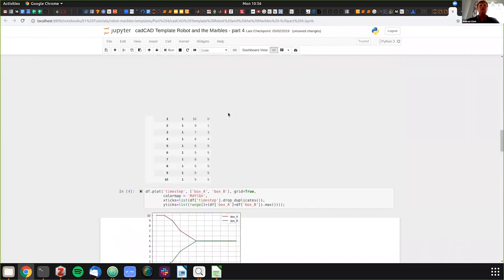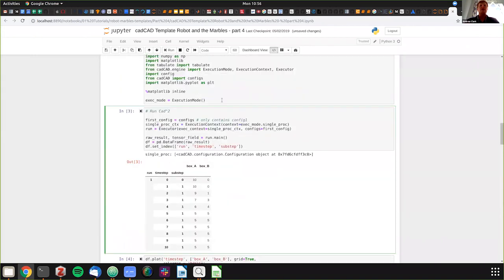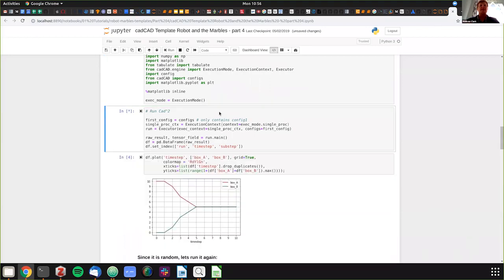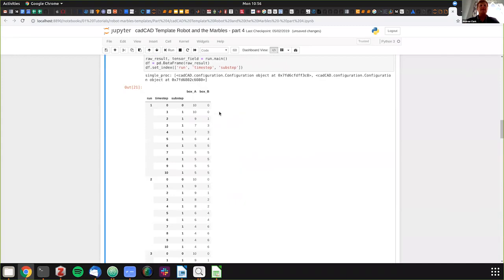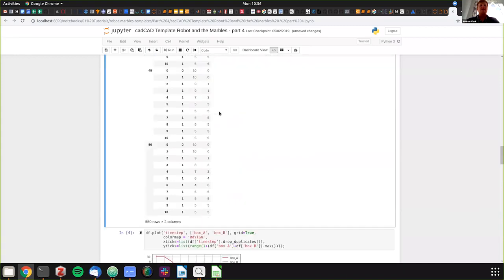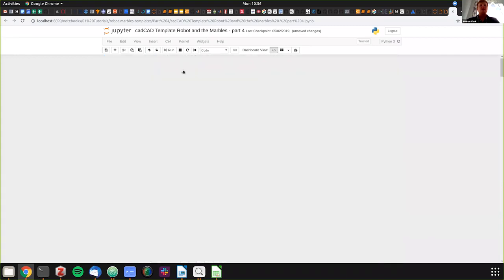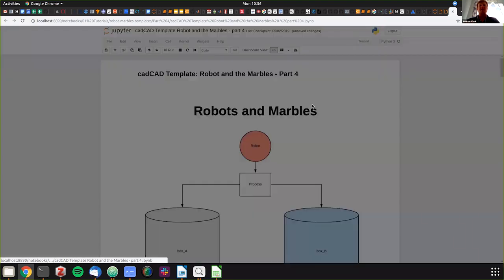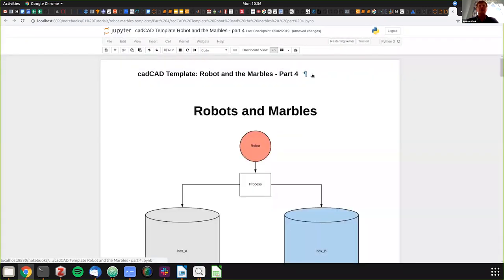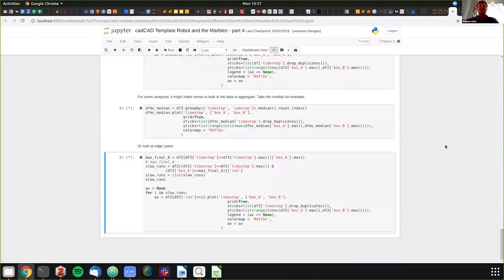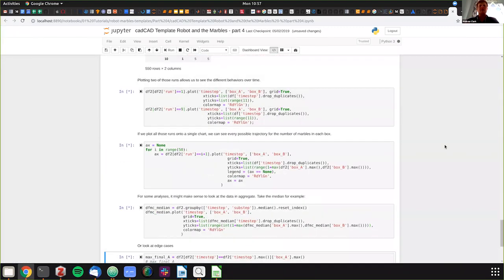What we need to do here is we have a different configuration file. So we run this again. And there we go. We'll run this whole notebook one more time to illustrate the difference, because we have 2 configuration files here, one that's Monte Carlo and one that's not Monte Carlo. So as we're rerunning the results here,